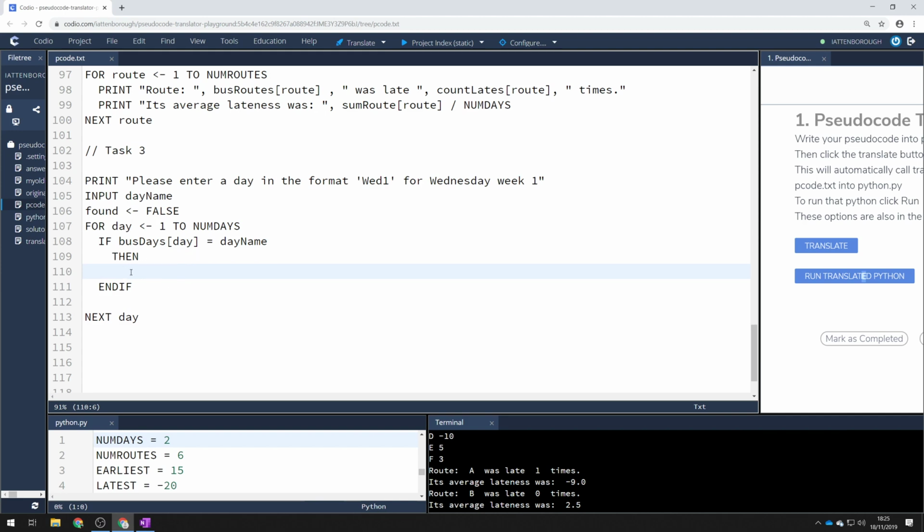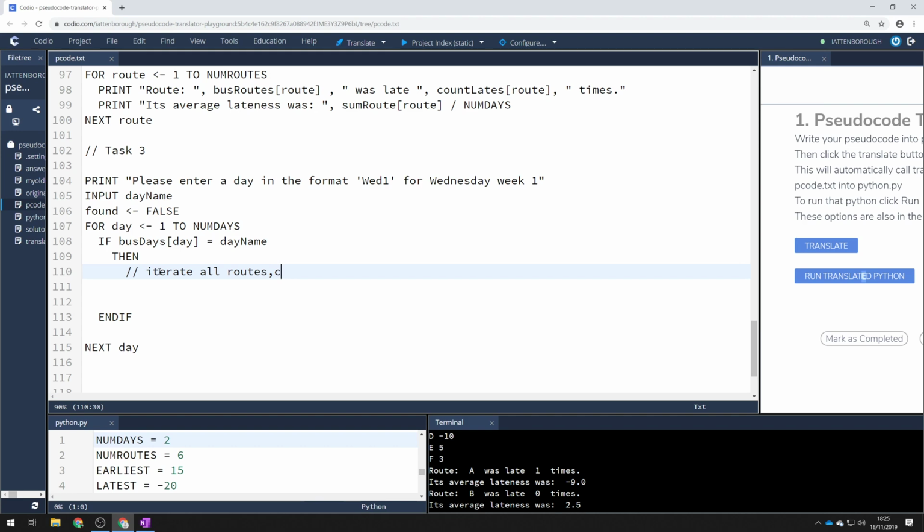I might do that here. I might put my for loop inside this if statement. There's no reason why not. So this is going to be where we know that we've typed a good day at this point. So we know that we're at a good day position. So we're going to iterate all routes,